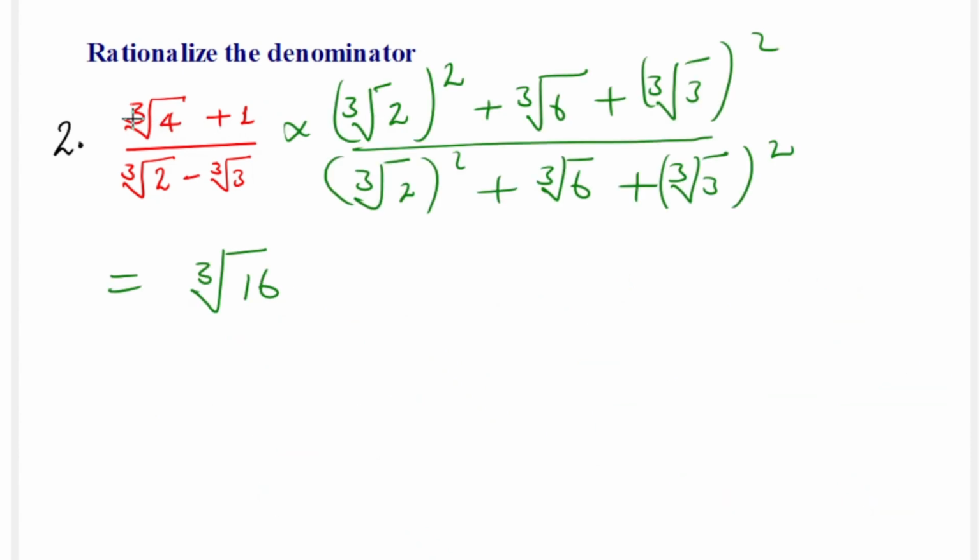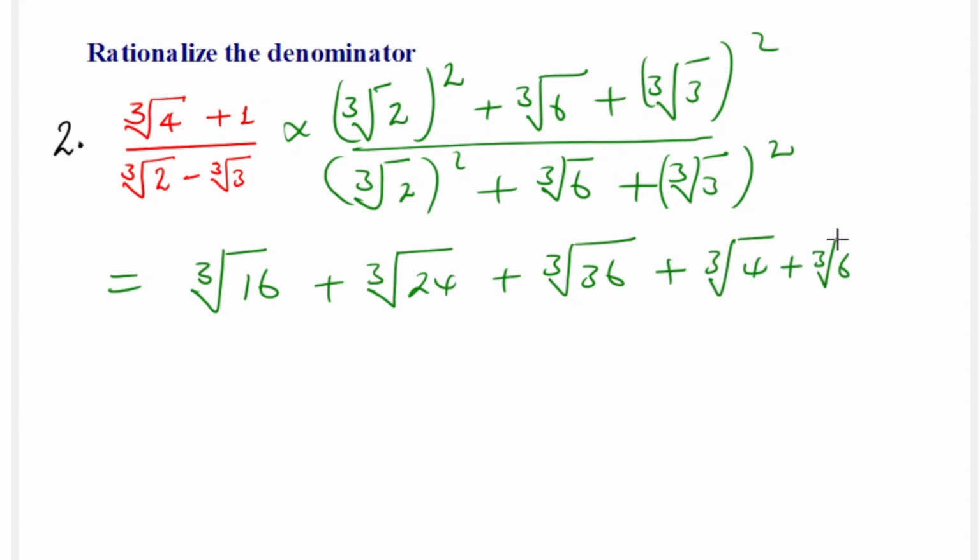Cube root of 4 times cube root of 4 becomes cube root of 16, plus cube root of 4 times cube root of 6, we get cube root of 24, plus cube root of 4 times cube root of 3 the whole square, which means cube root of 9. Cube root of 9 times cube root of 4, we get cube root of 36, plus 1 times cube root of 2 the whole square, which means cube root of 4, plus cube root of 6, plus cube root of 9